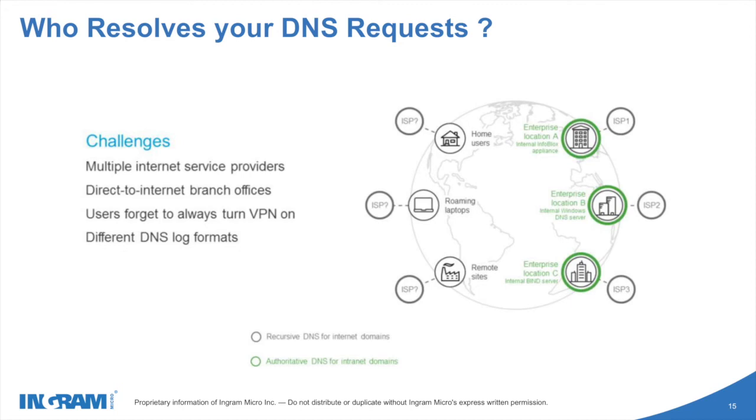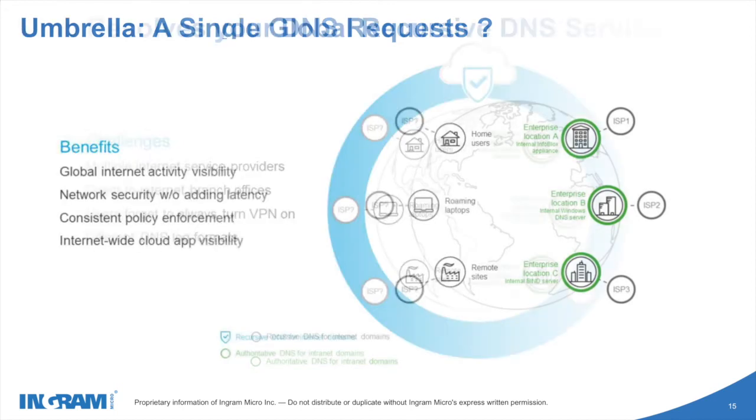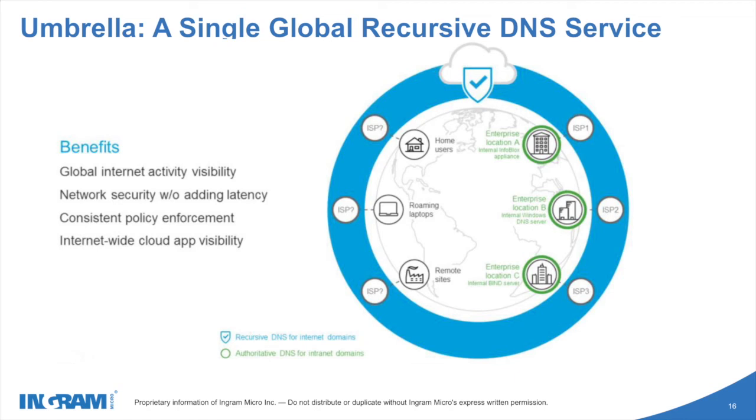Now, working with multiple ISPs for DNS resolution means that your DNS logs will be in different formats. And another issue is that ISPs simply resolve DNS requests without offering any visibility or network protection. Using Umbrella to resolve all external DNS requests allows our customers to see all their internet activity from all their locations and networks globally. Well, because Cisco's security solution Umbrella operates at the DNS layer using existing internet infrastructure, we